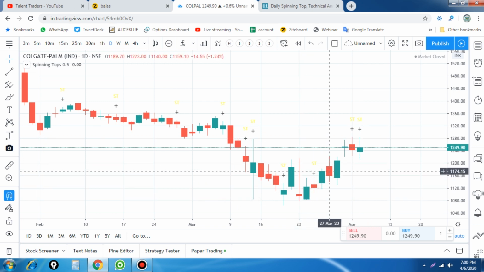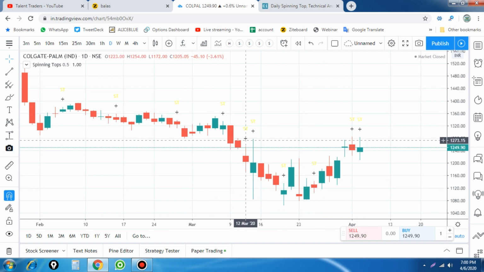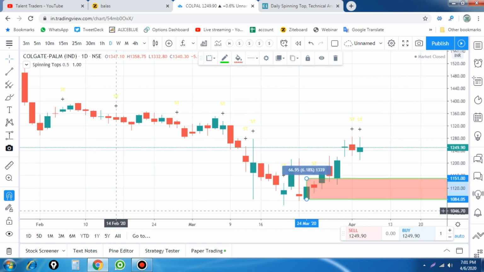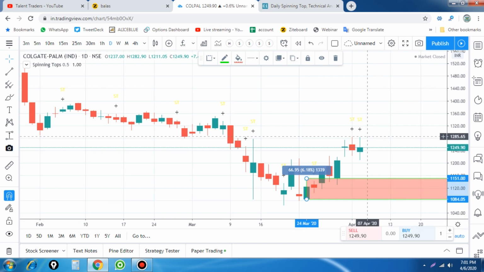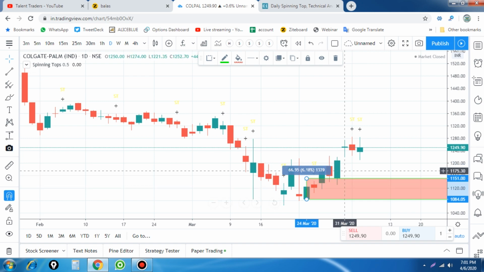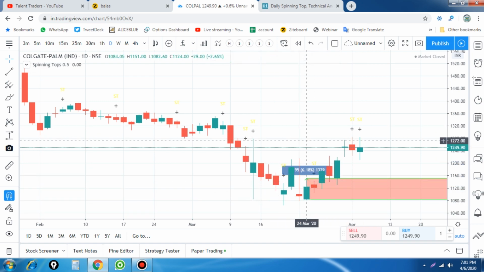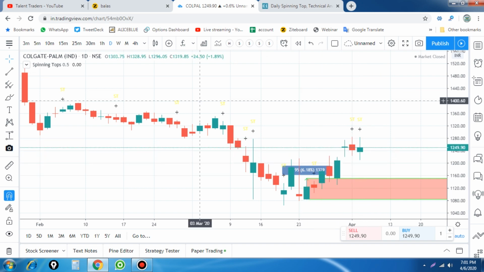Previously the trend went up, and here you see there is a spinning top where it formed previously. If you are tracking this kind of pattern, you may find a trade opportunity. This is your trade opportunity, where you got a buy entry at 1151 with a stop loss of 1084. Now the market is trading at 1285, even though the market was in bad condition. So based on this spinning top candle we got an entry. This is not a great spinning top candle, but we are going to take the opportunity.